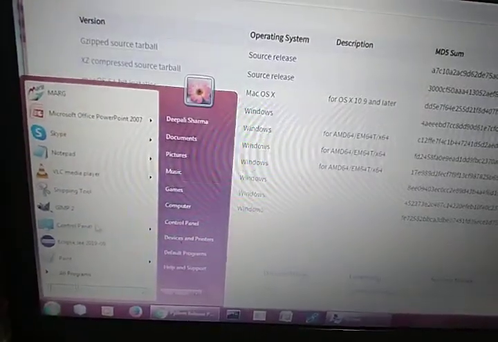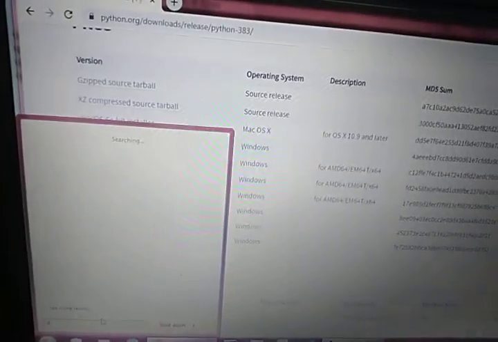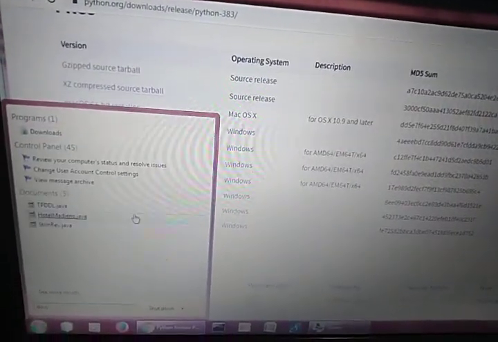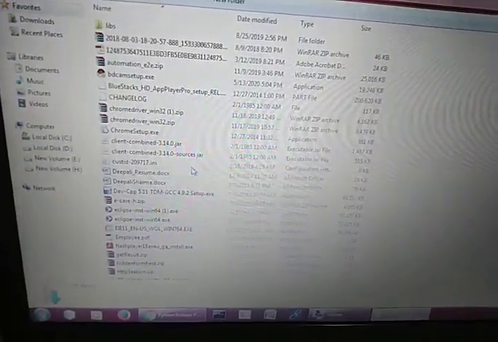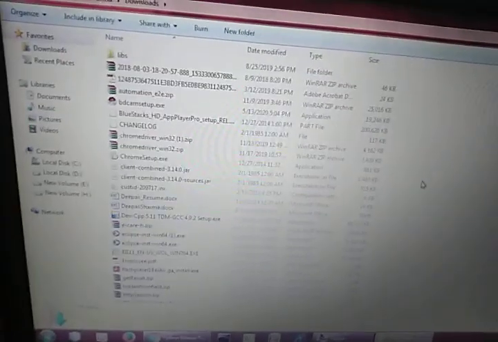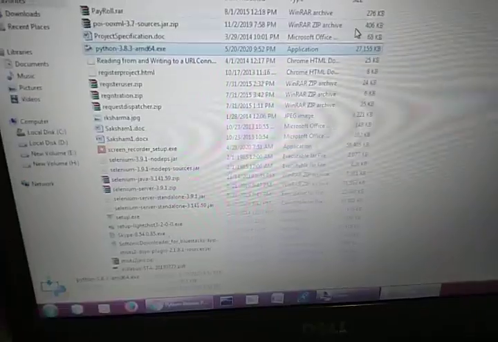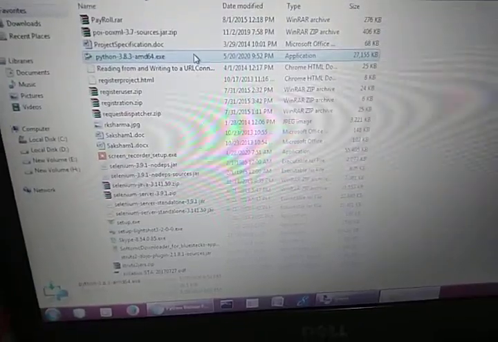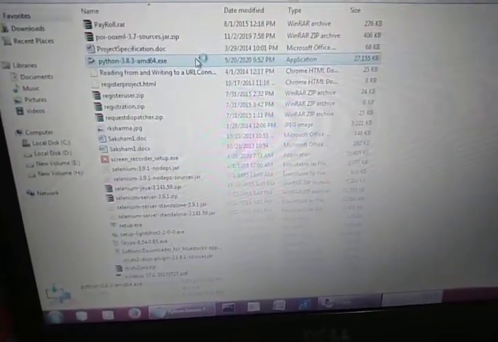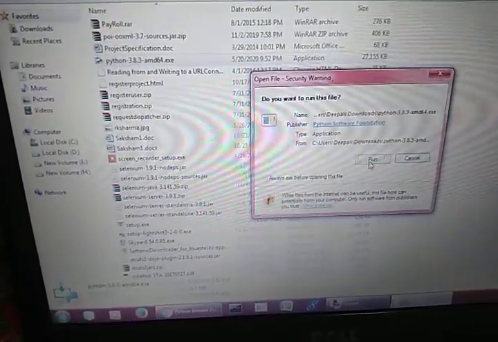So I am going to Downloads, and from the downloads I will search for Python, and see here Python is already downloaded on my system. So I just want to install it, so double click on this particular installer, then click on run.